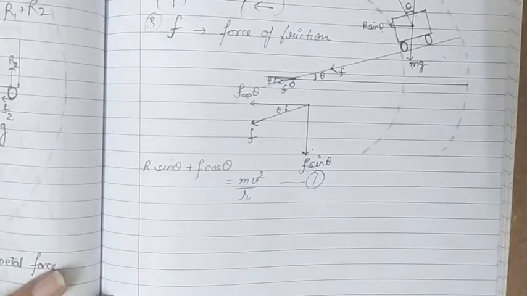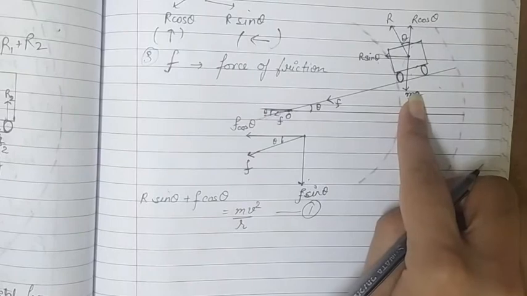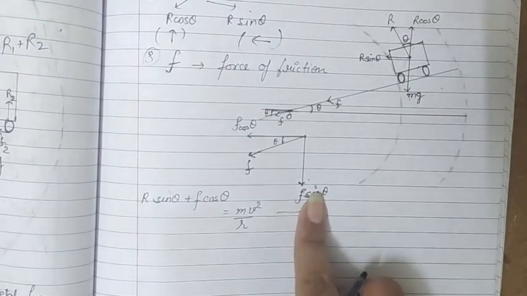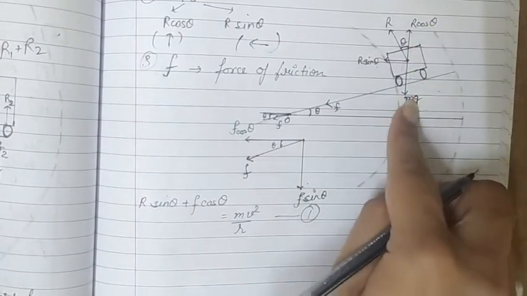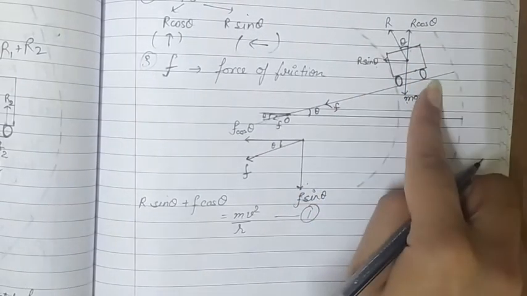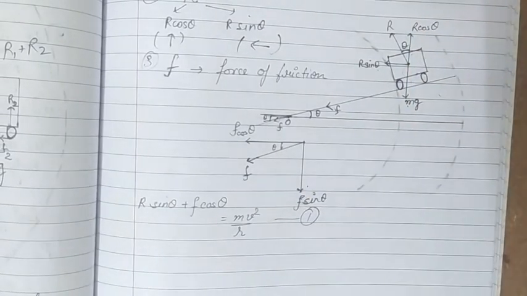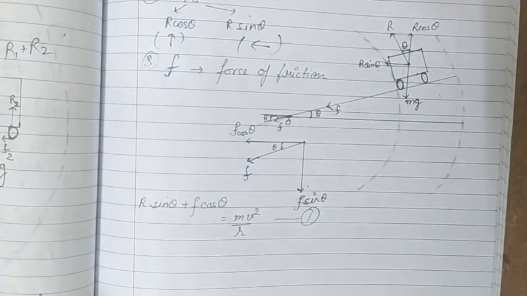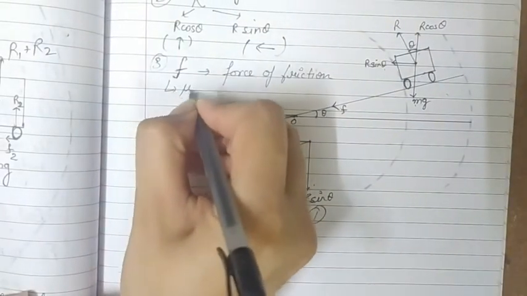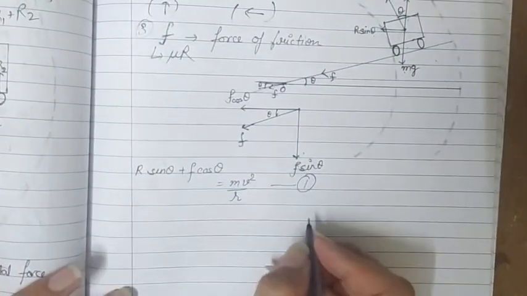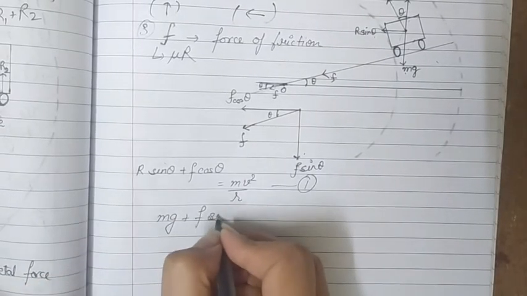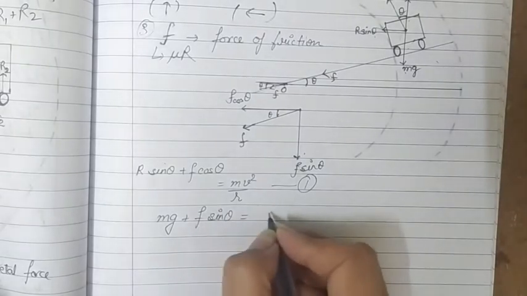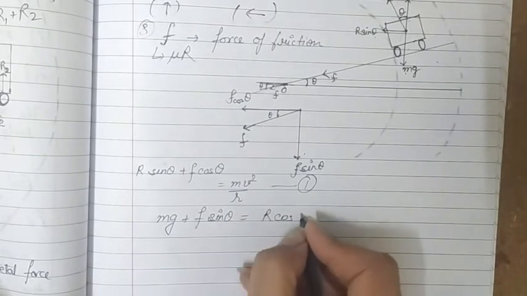Now again, if we talk about vertical components or vertical forces, then mg is downwards, F sin theta is downwards, while R cos theta is upward. So they are balancing each other, means mg plus F sin theta, that is the total downward force, and R cos theta is the total upward force. These forces are balancing each other, where this force of friction F is equal to mu R. So the second equation we have is mg plus F sin theta is equal to R cos theta. This is equation number 2,